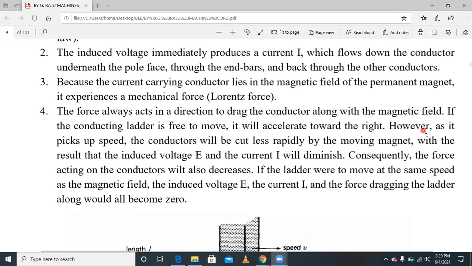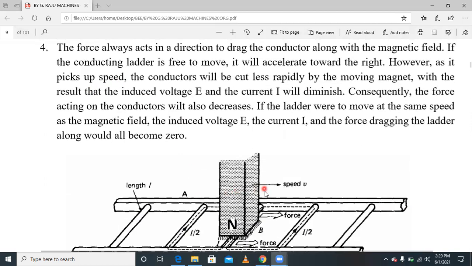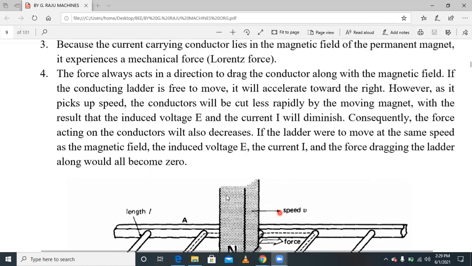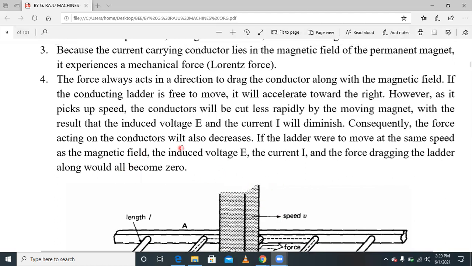However, as it picks up speed, the rotor is rotating in the same direction with some speed. The conductor will cut less rapidly